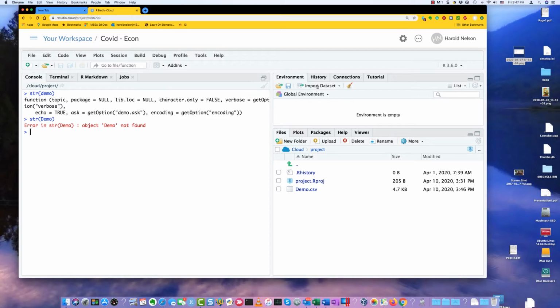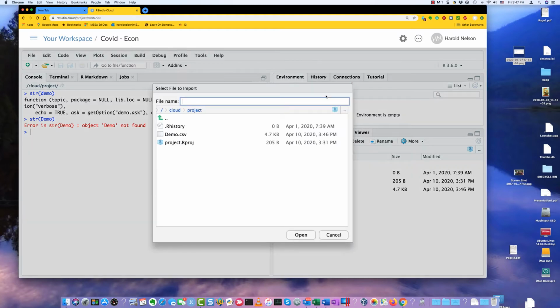Well, second step is to import the data set. Import, and I'll select this first thing, from text base R, and I won't use the tidyverse version, I'll use the version that came with base R. So from text, and it invites you to look at the files that you've got, and the only one I've got that I want to import is this thing, demo.csv, then open,